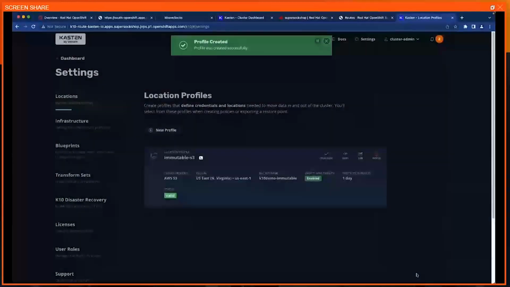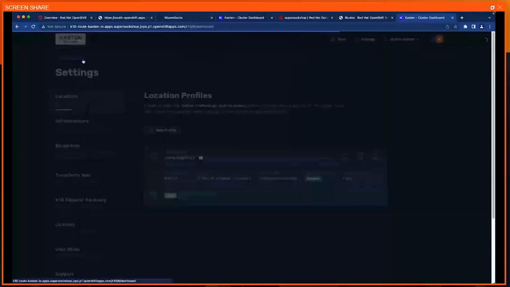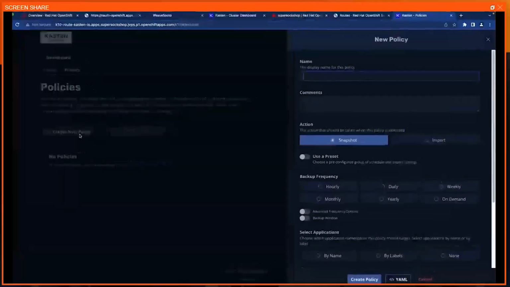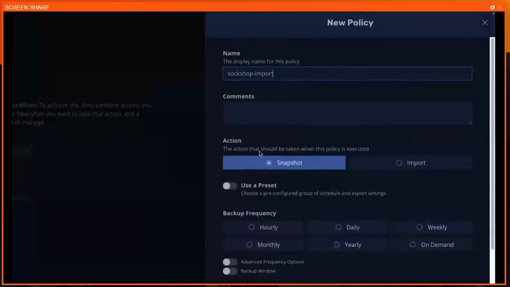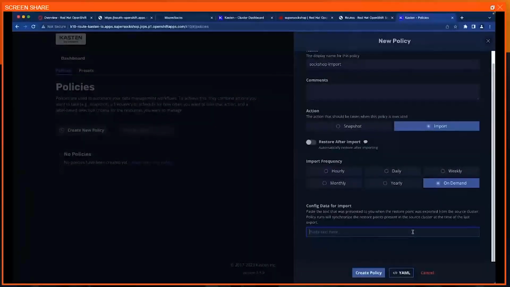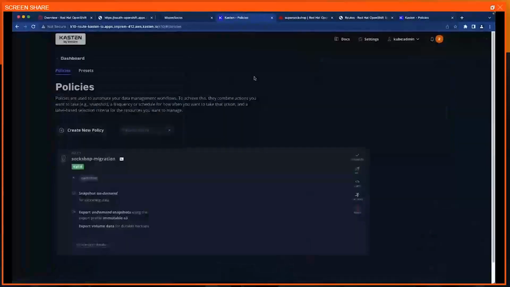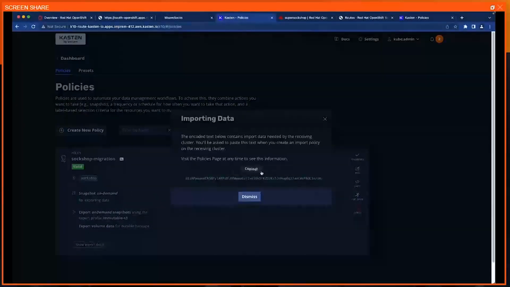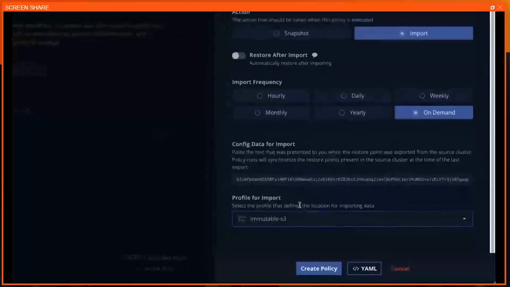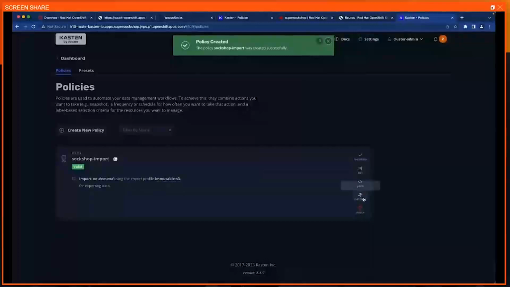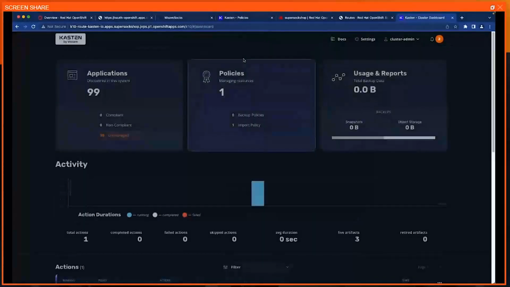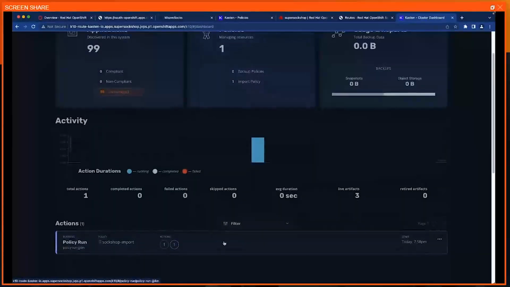We're nearly there, guys. So what we're going to do then is set up a new policy to import from that S3 bucket. So I've got my Sock Shop import. You can see there I'm going to do it on demand. Then I'm going to go grab the secret from my export. If I show the import information, I'm going to copy that key and punch it in here in my destination. Again, this is K10 deployed to that ROSA cluster I just deployed. I'm going to go ahead and say run once. And again, it's a nice green there. We can monitor our status here. You can see that it is currently rehydrating our Sock Shop app.